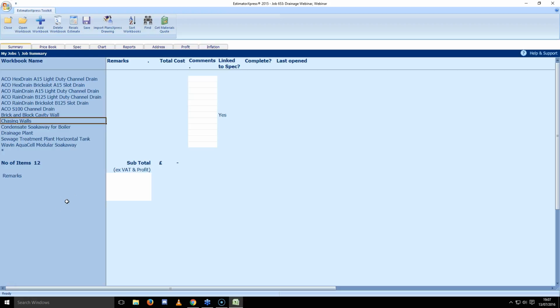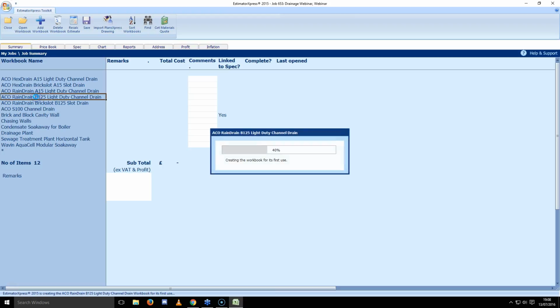To start off with, I'm going to go into the EcoDrain Rain Drain B125 Light Duty Channel Drain. We have all the different systems listed here as they have slightly different estimating methods. Some you buy the individual components, some you buy the drainage as a kit, so we've had to split the workbooks apart to keep them separate and makes it easier then just to hone in on a workbook for a specific type. So I'm going to open this workbook now,